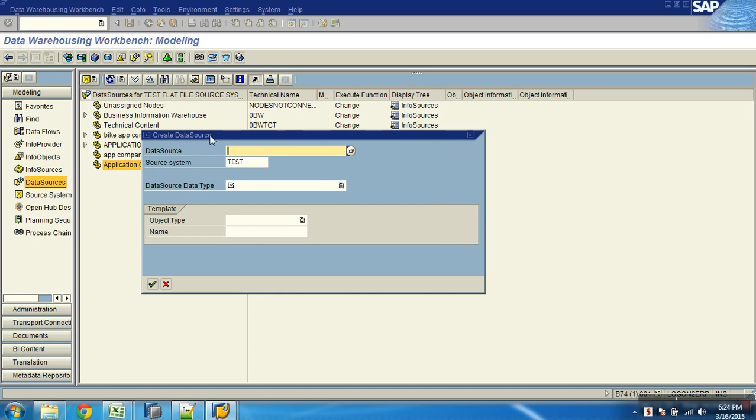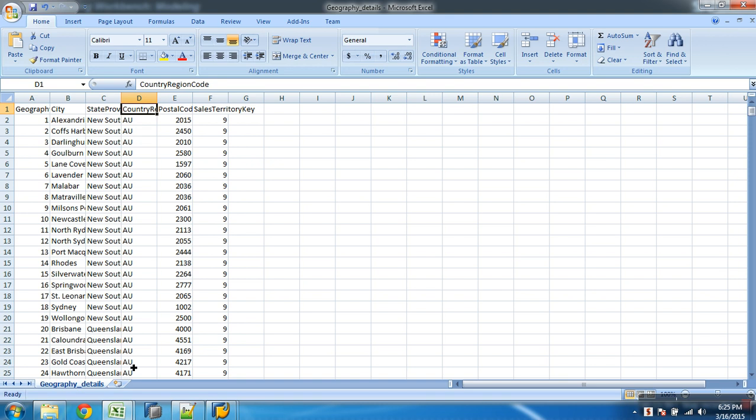So this is a dialog box where it says create data source. Now obviously what is it asking you? Data source text box, and what should I give in? Name of a data source. So I can give any free name, but I'll try to follow this naming, so that I can easily recognize it later.